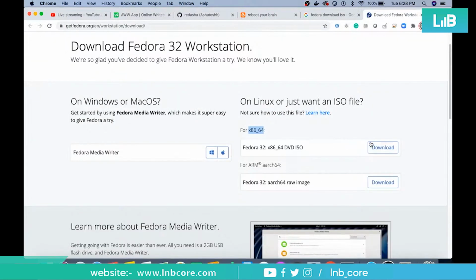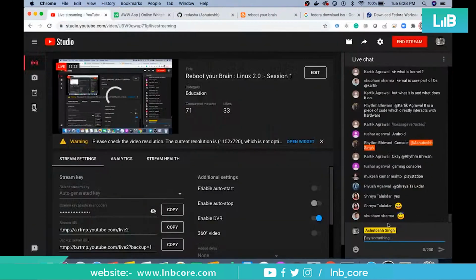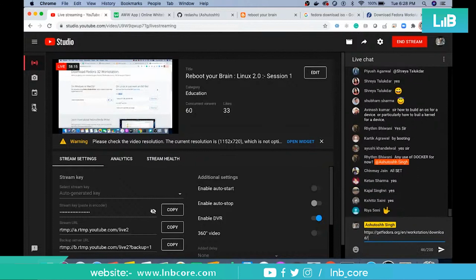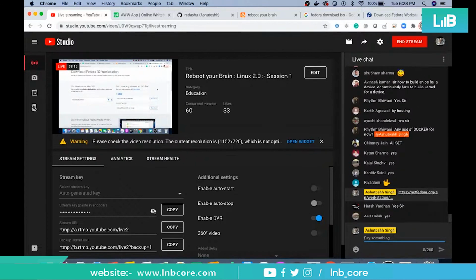So this link I'm sharing right now here, or maybe in Discord also. Tomorrow I'll open the Discord. So this image you have to download if you have laptops. If you have PCs, you can check your processor, then you can download this one. So I'm sharing this link in the chat window. Mentors can take that link and put it on Discord. This will be good for others. Okay,